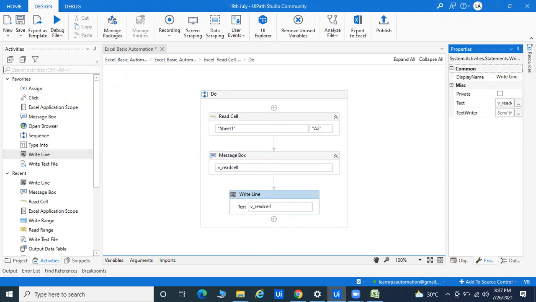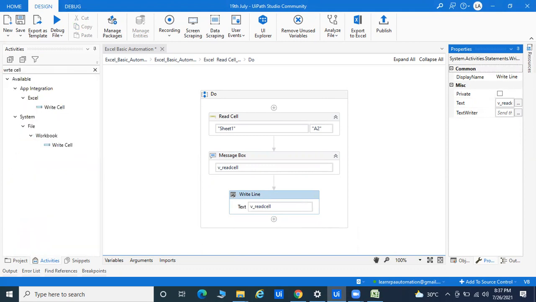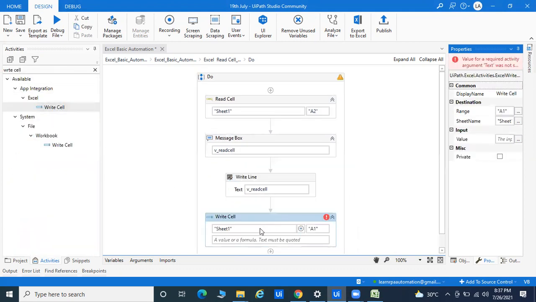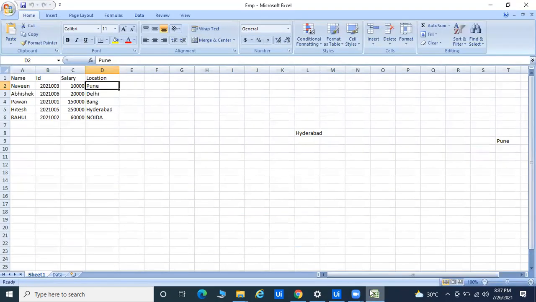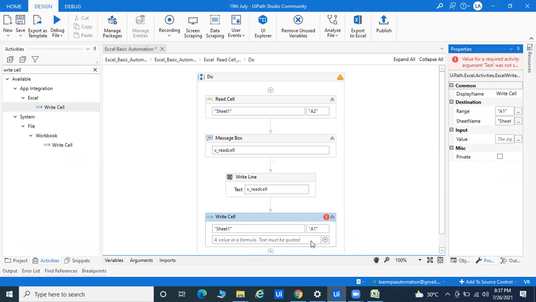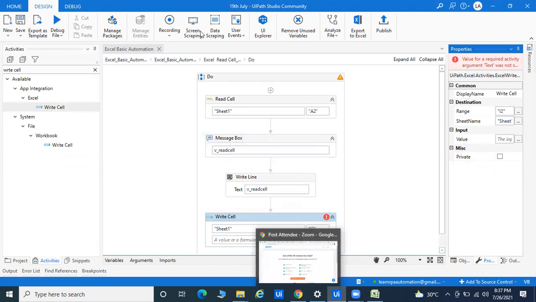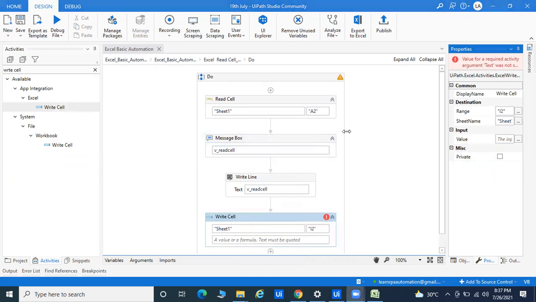One thing also I'll tell you. Right now you can see I have already passed these things in the write cell activity, and we have passed the sheet one and we have passed the I2.